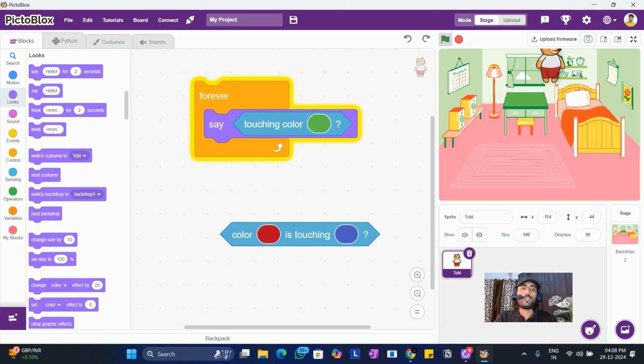False. And if I'm touching like maybe over this part, it will still say false. False. Okay. I hope you have got this. Now,